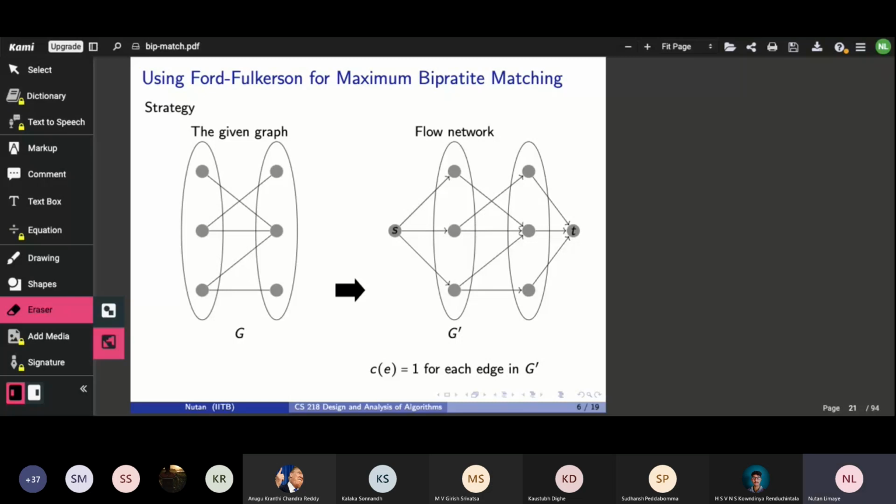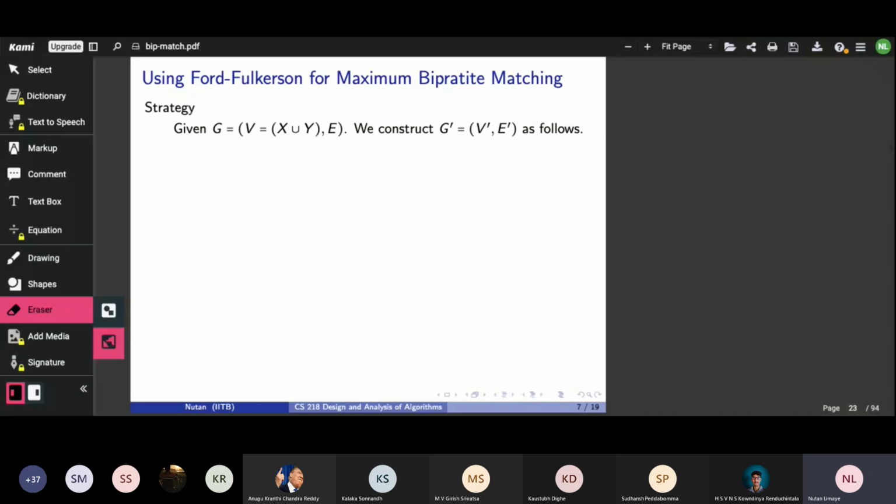Just to put down the strategy more formally, and because we also need some notation, let me just fix it on this slide. So the given undirected bipartite graph, we are calling it G. Its set of vertices is V. Its set of edges is E. From this, we are going to construct a flow network that's going to be a directed graph with a designated source and a sink. We are going to call it G prime. Its vertex set consists of the vertex set of the original graph, union with two new vertices, S and T.